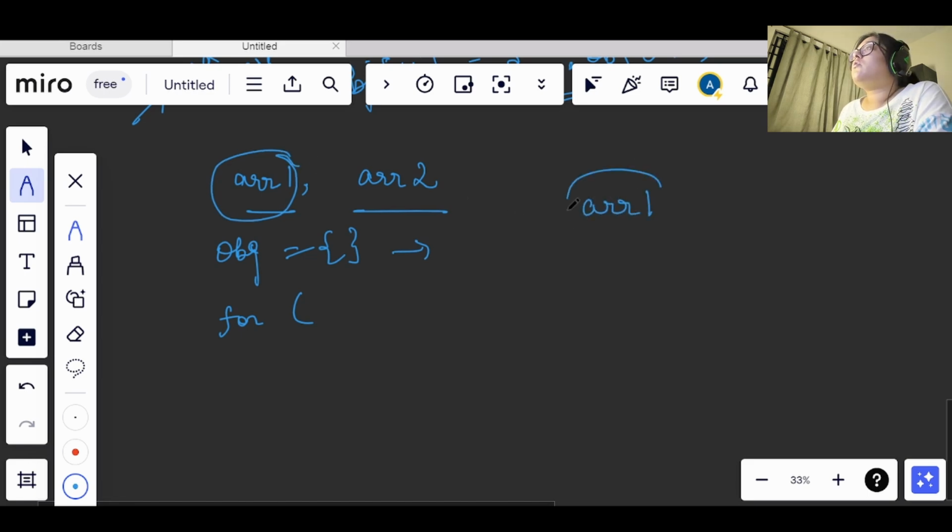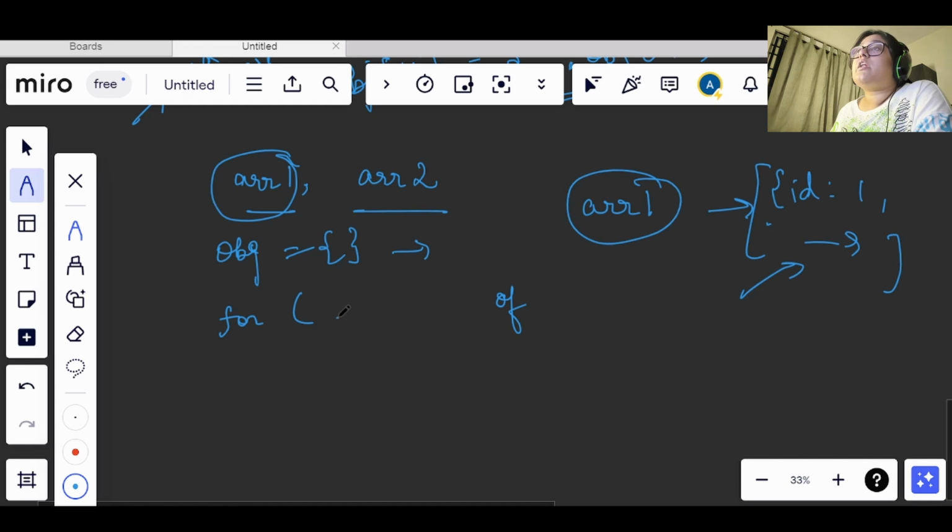In order to iterate through this, we have an id here, and we can have other key value pairs also.